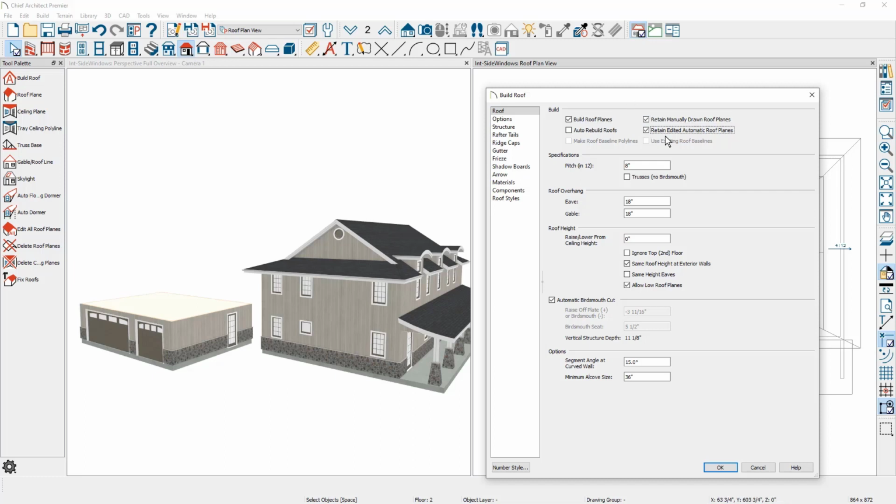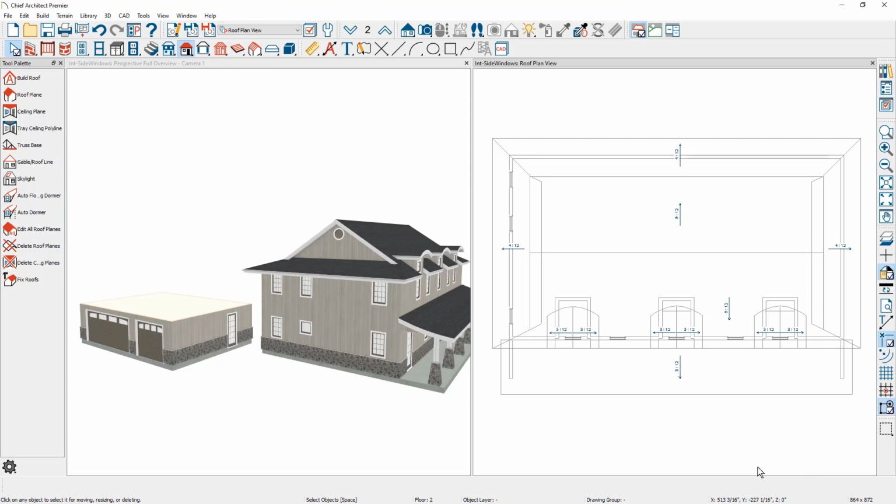Before I proceed and build the roof, let's verify and also check the existing roof planes so that we don't lose any work that was created on the existing structure. I'm going to go ahead and press the Cancel button. On the right hand side of the screen, you can see all of the roof panels that make up this design for the house. To make sure that each one of these roof planes is marked as edited,